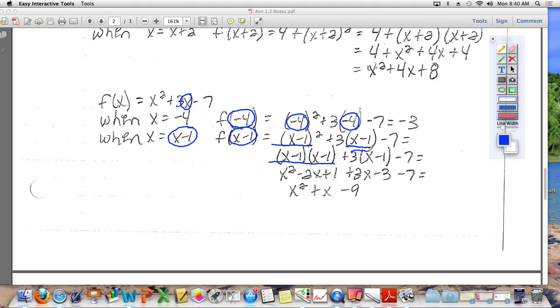This 3 is just distributed into the parentheses here, giving me 3x minus 3. You collect like terms. Your x squared, you have a negative 2x and a positive 3x, which together give you 1x. And of course you have, did I screw up here? Oh, positive 1 minus